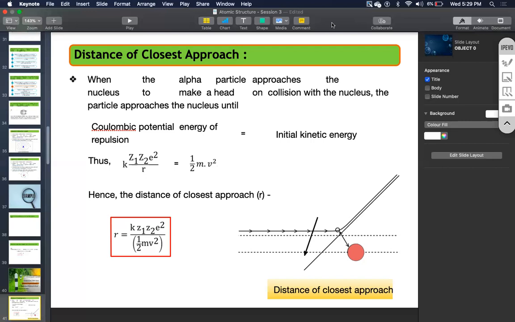Okay, fine. Tell me one thing: what will happen if I bombard a helium-2 plus ion towards the center of a nucleus? If I bombard the helium-2 plus ion towards the gold foil, will it stop somewhere in the path? Yes or no? Hey, no one is replying.